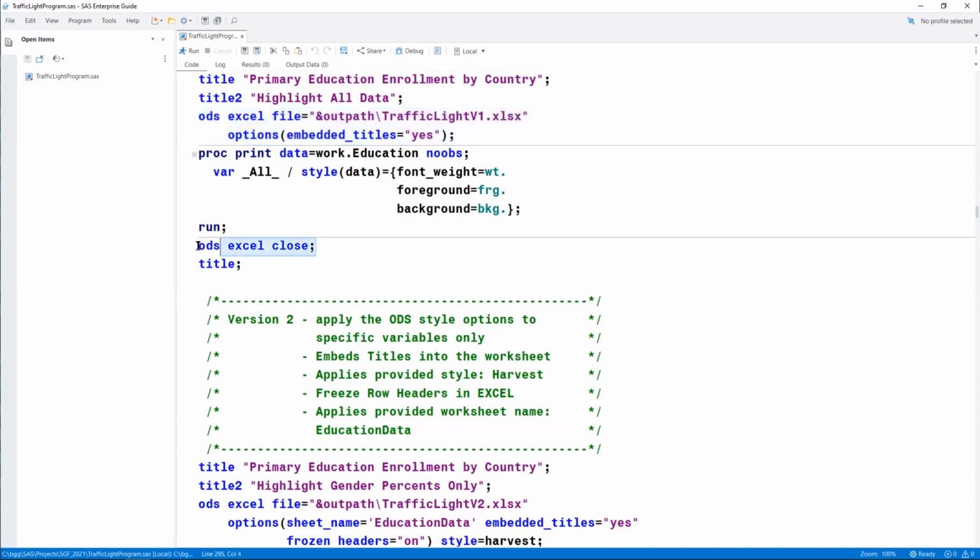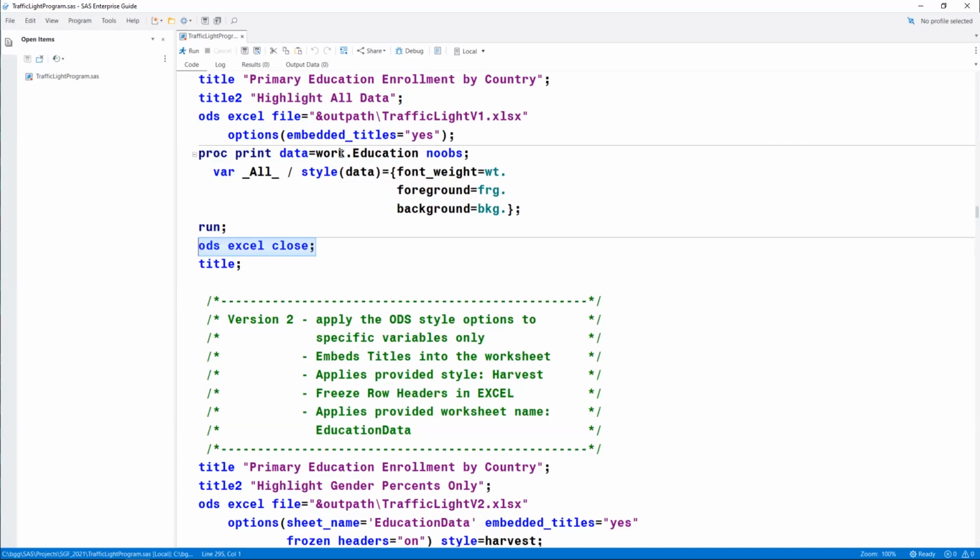When I'm done, you have to put an ODS Excel close to say, don't add any more content into this workbook. And so that closes up the file, and then it's ready to be viewed by anybody who has Excel. They don't need SAS. They can just see your report in Microsoft Excel. Now, let's talk about the print a little bit before I run this.